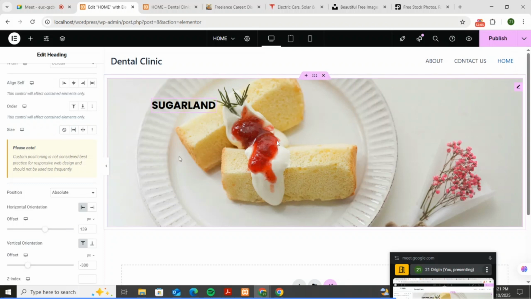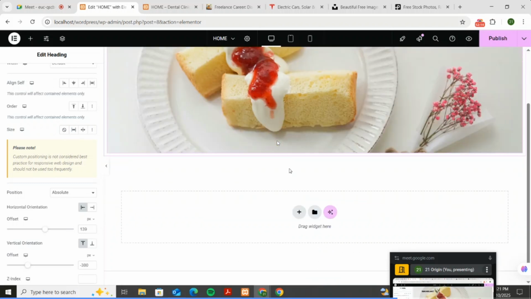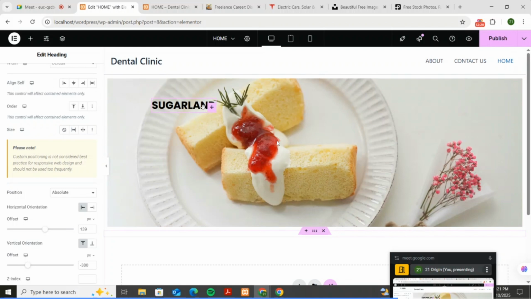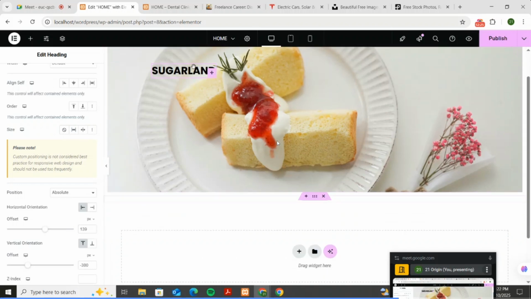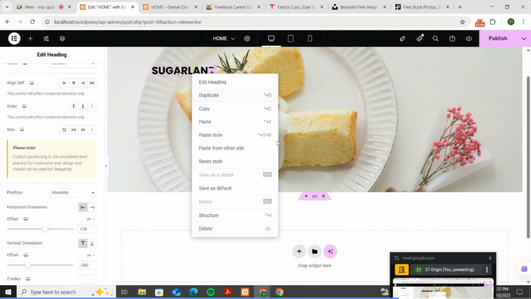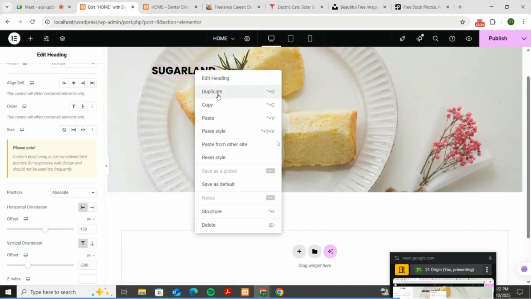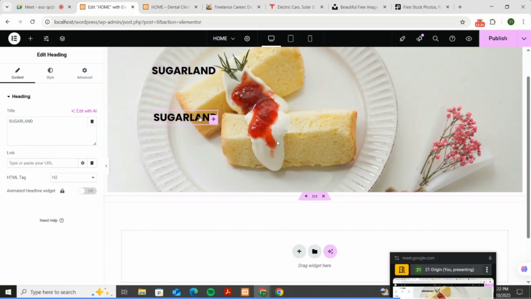So the next thing, to add an image, we need to add maybe a button, not a button, but actually to add a brief description of whatever is being sold before we can add our buttons. Ndio. Now, to add a brief description of whatever is being sold ni cakes, ndio. I can easily duplicate this. Instead of going and dropping again, you can just come here, right click, then duplicate, then I'm dragging it down mahali kama hapo, then I'm going back here and editing this into let's say